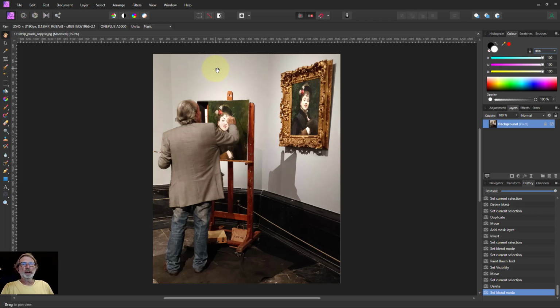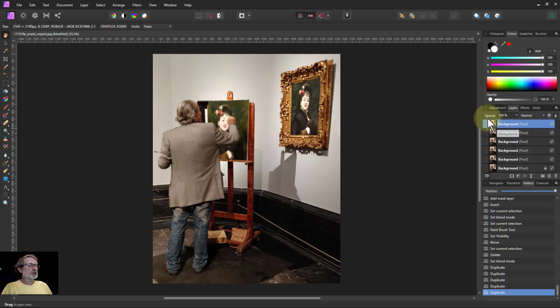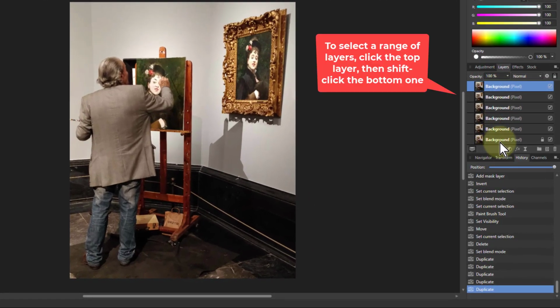Let's do a bit more art, and this is just a way of playing with it. You simply select the background and hit Ctrl J a number of times, as many as you like really. Then I'm going to select all the layers and change the blend mode